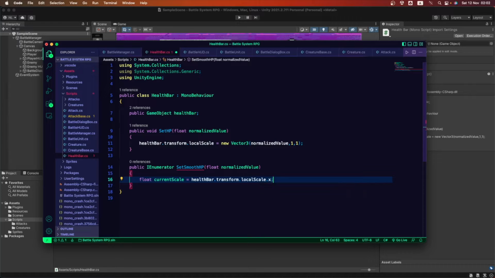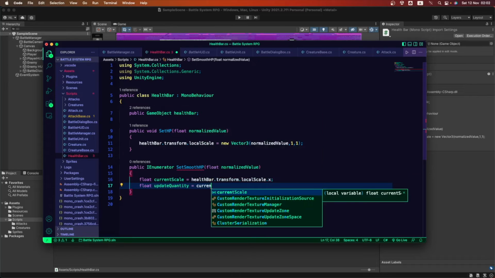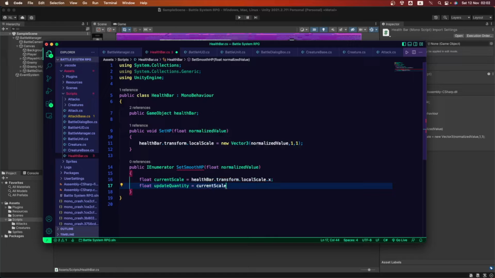And we want a float, this one gonna be called updateQuantity. This one is gonna be currentScale, which is the one we just created, minus normalizedValue. So this is the value that is gonna give us the decreasing of the points and changing the length of our health bar.